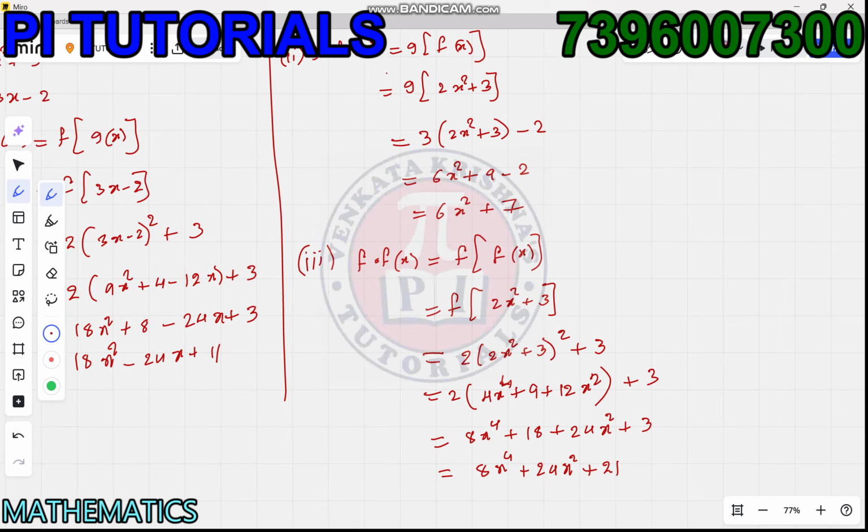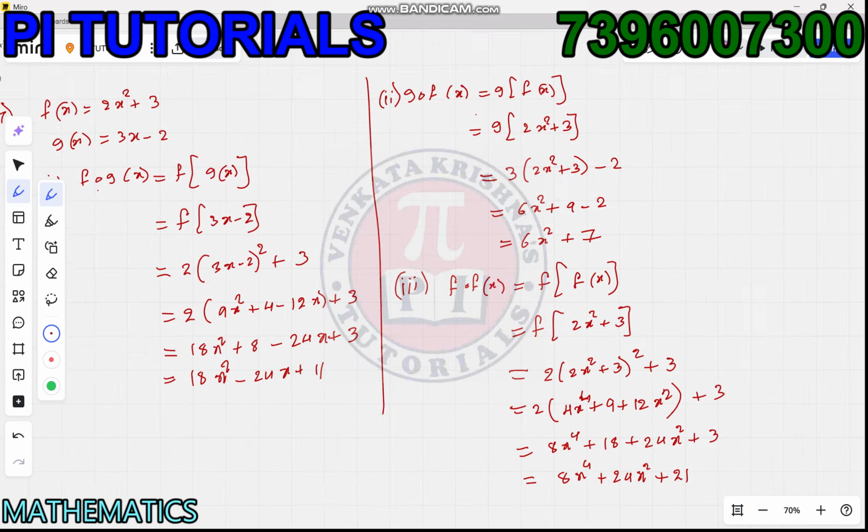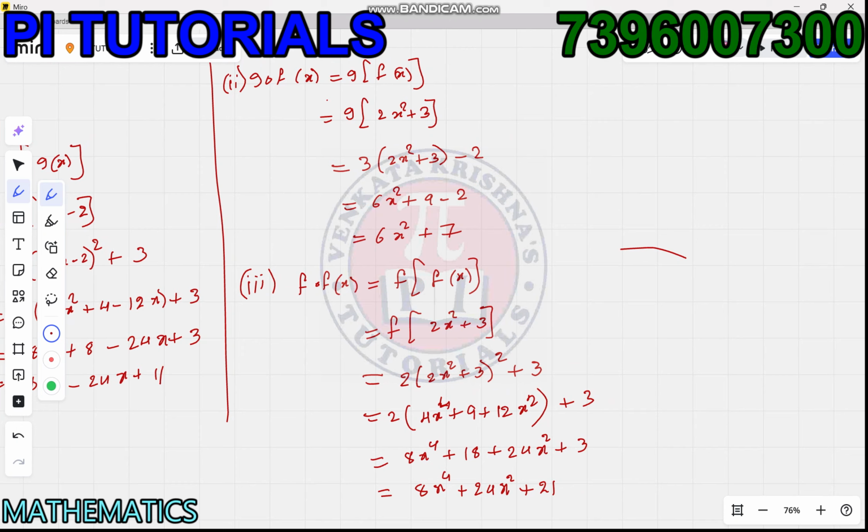Similarly, there is one more question on that, f circle f of 0. So f circle f of 0 is